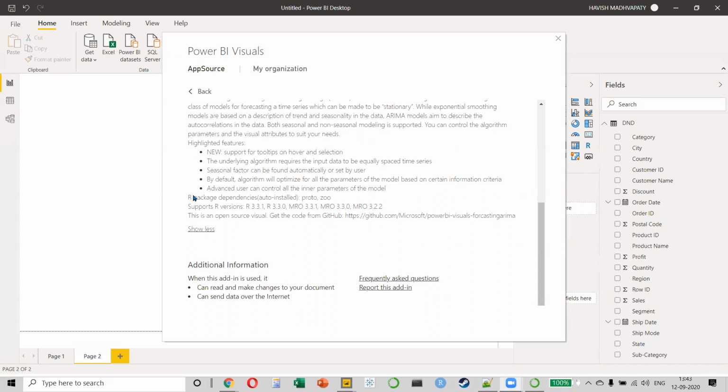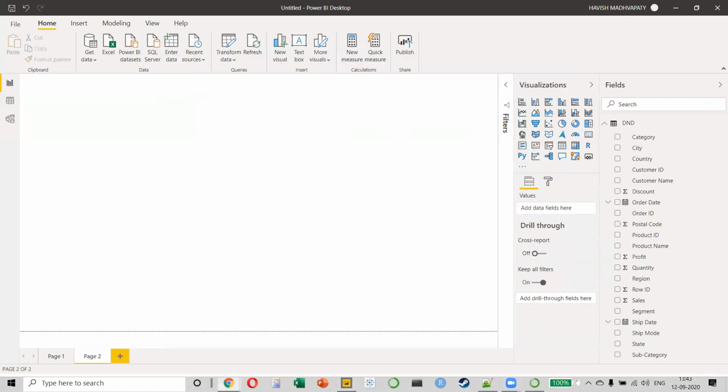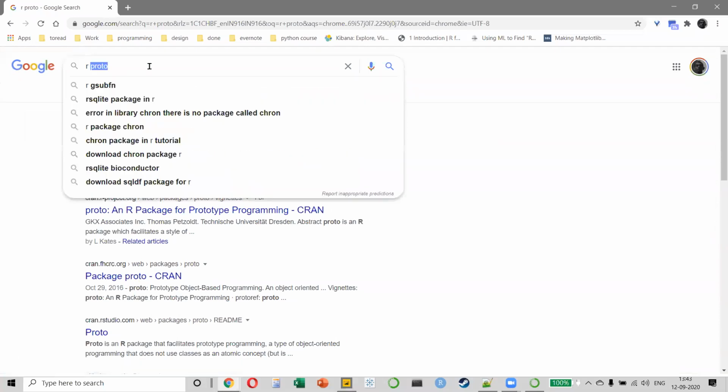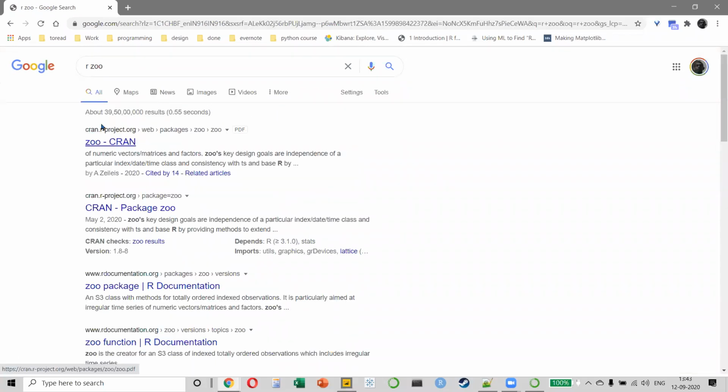So what does it say? It says that when you're using this visual on Power BI, it will automatically install the R package dependencies, which are auto installed, which is Proto and Zoo, like this, right? And remember, Proto and Zoo are nothing. They're just packages available for R.